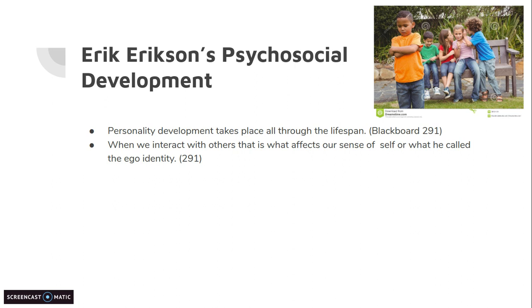So a child can be very outgoing or very quiet, and then they get around new people whom they become friends with, and then things change, and maybe they become louder than what they were before. And parents have a hard time coming to terms and figuring out why that happened. Well, this development goes through their entire lifespan. So when they get to high school, they might be the quiet ones again and not really go out and reach and try to do more than what they're comfortable with. So Erikson's theory is definitely true when it comes to the middle school of sixth through eighth graders.